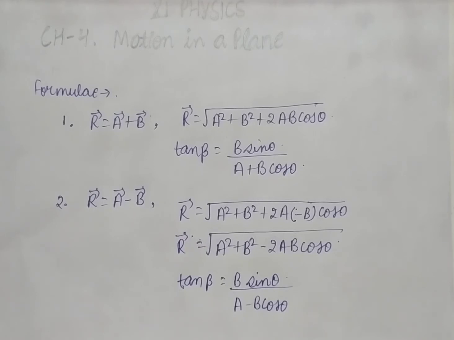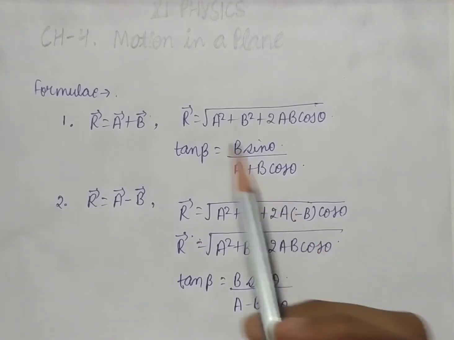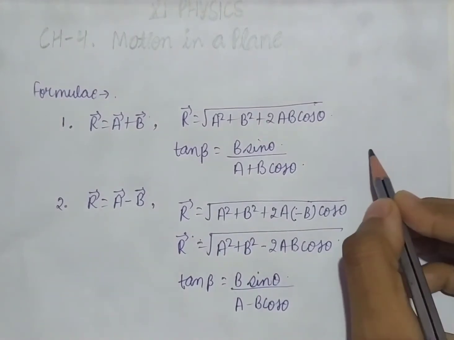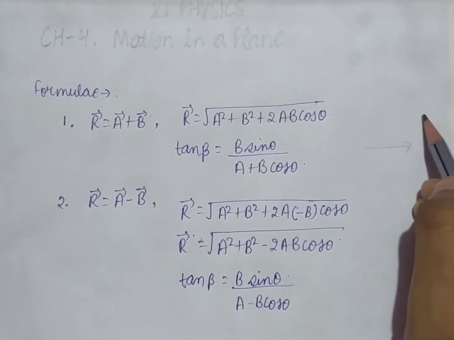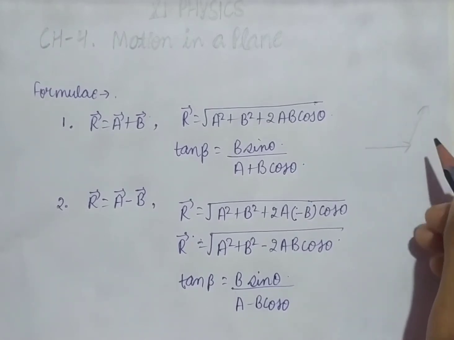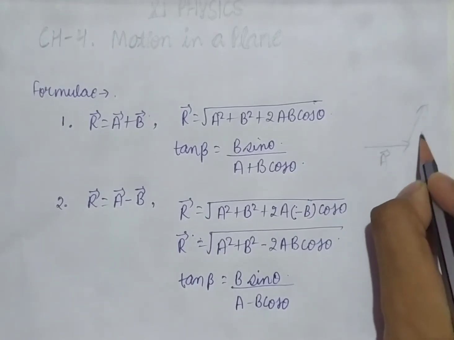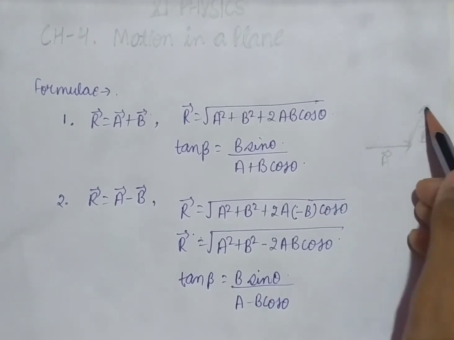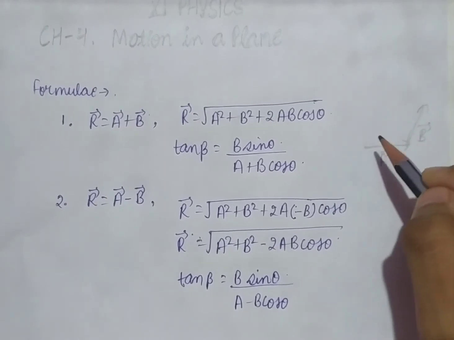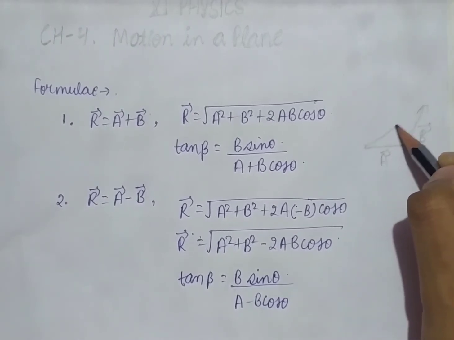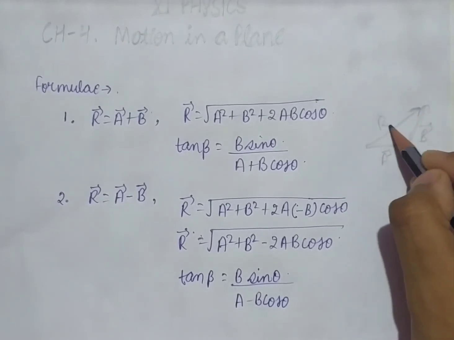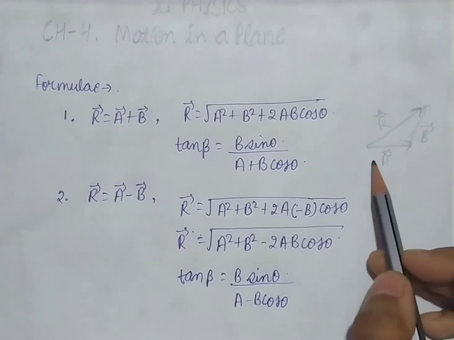What we have derived from that, the very first thing was the resultant. Okay, we find the resultant of two vectors, that is vector a and vector b. If we are given two vectors, one is vector a and the other one is vector b, and these vectors are represented as the two sides of a triangle, how can we find the resultant? The resultant can be found by the third side taken in the opposite order. This is the statement of the triangle law of vector addition. So the resultant in this case will be r.